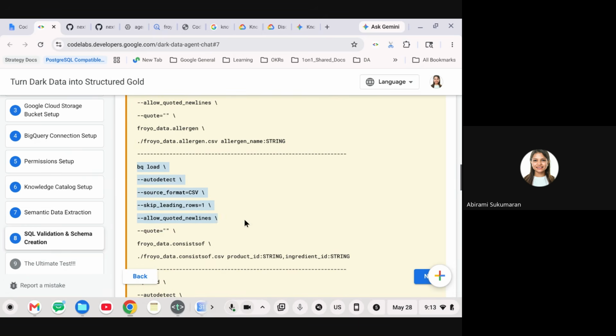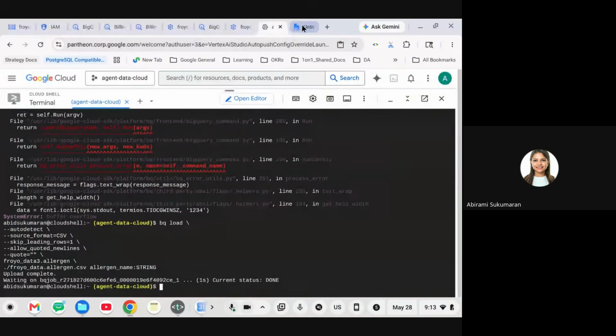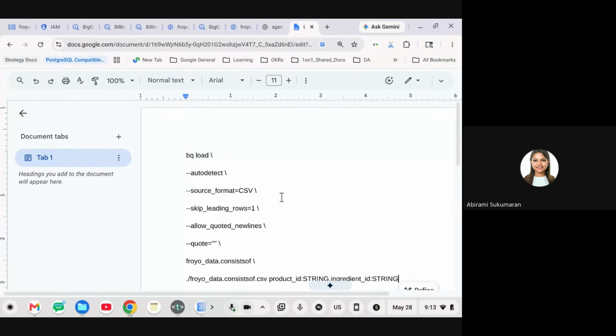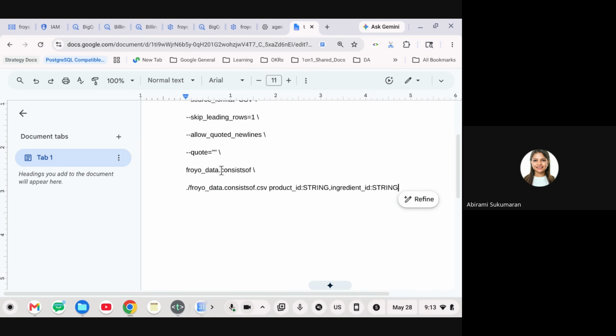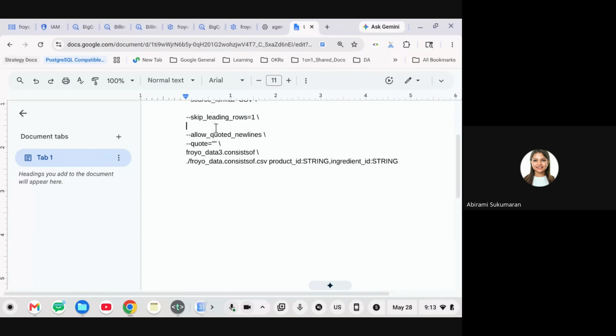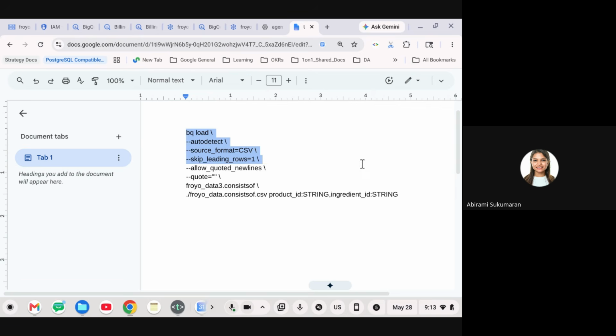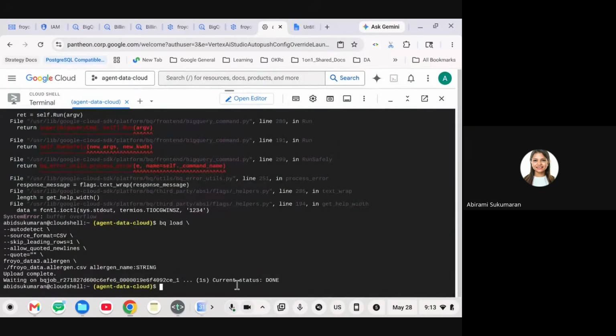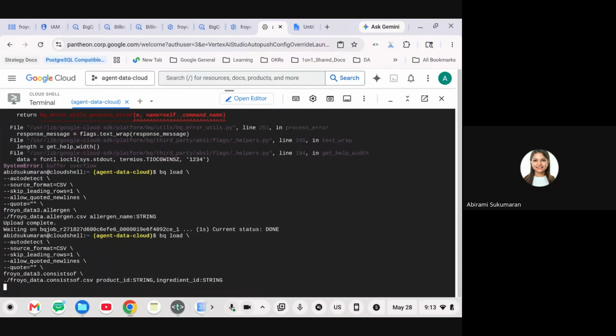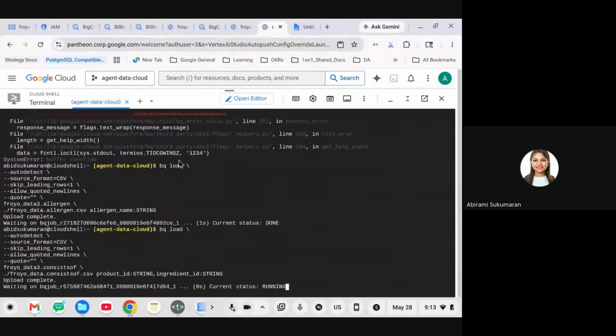So repeat that for all 8 tables. That's what I'm doing. I have Google Docs open on the side, where I'm actually removing these extra line breaks. Sorry about that. I didn't realize pasting it in Code Lab would introduce a new line break there. Now I copy this and go back to your terminal and hit enter. So it'll take about 2 minutes for the whole set of 8 tables to complete.